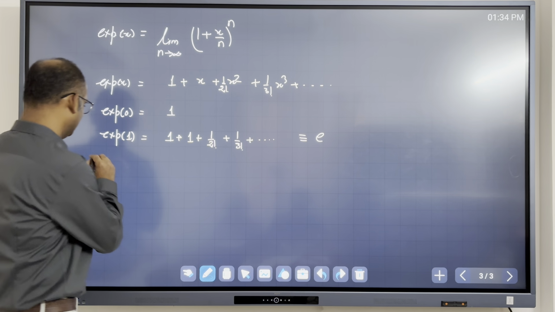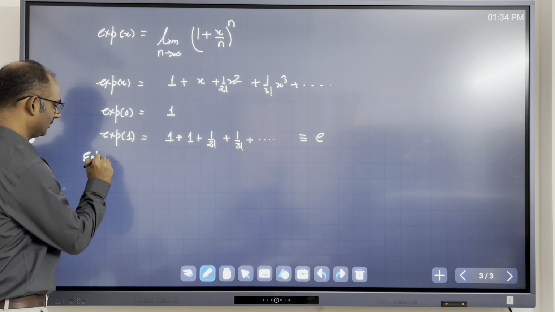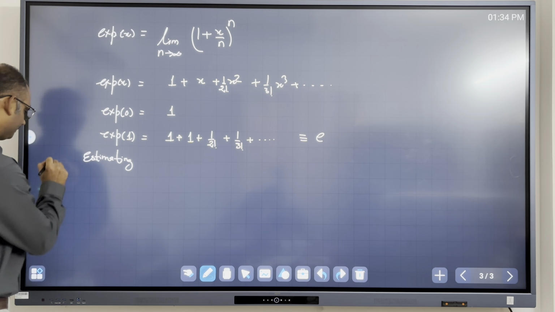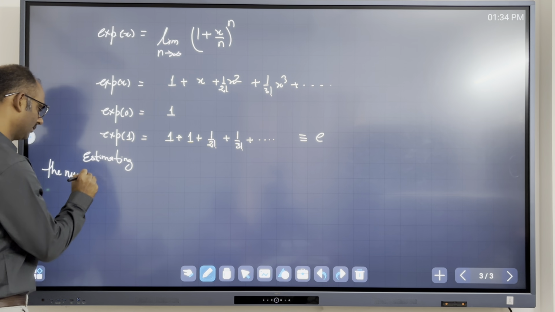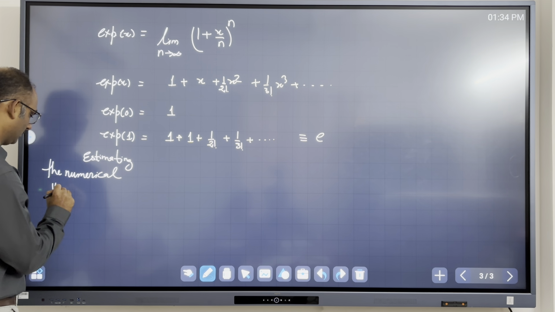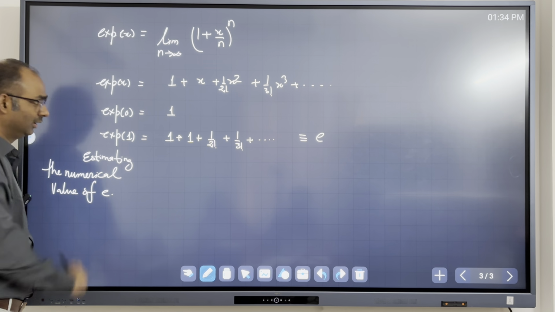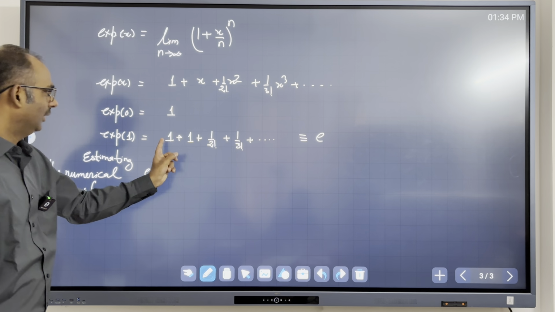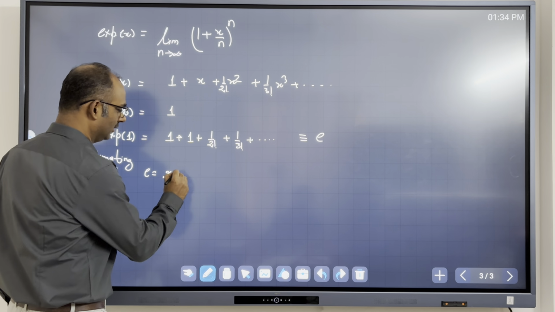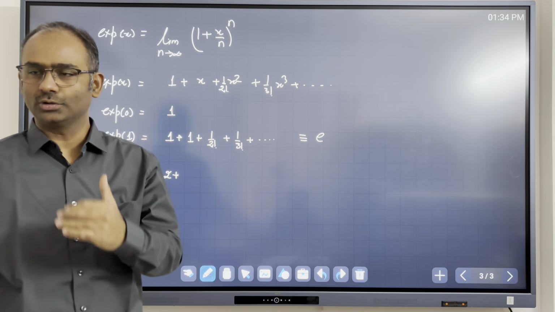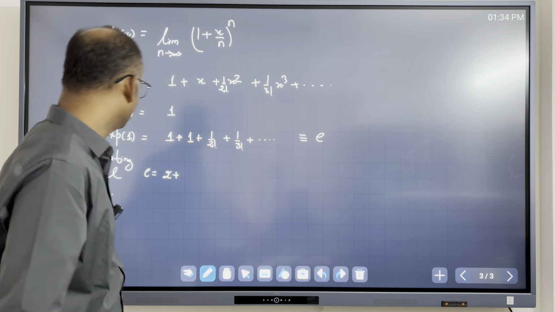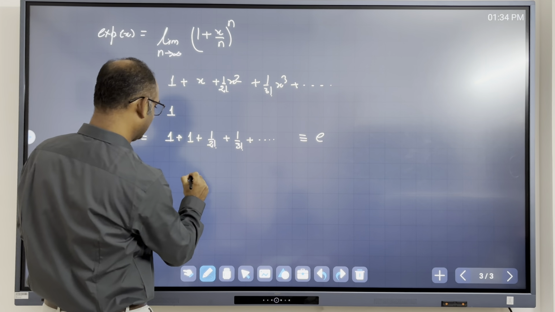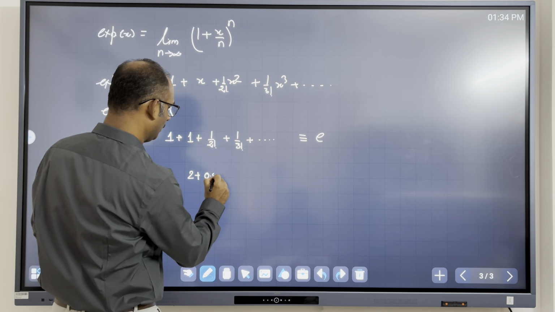Estimating the numerical value of E. So E is equal to this. 1 plus 1 is 2. 1 over 2 factorial, 2 factorial is 2, so 1 over 2 is 0.5. So I write 2 plus 0.50